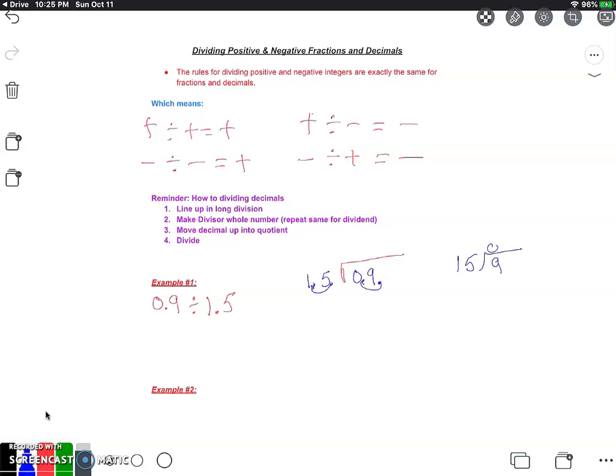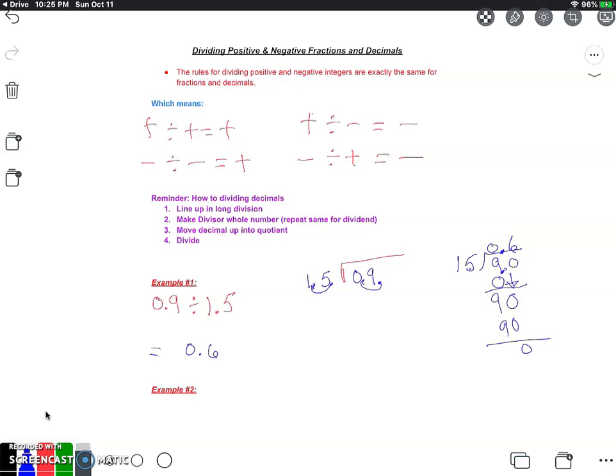15 goes into 9 0 times because 15 times 0 is 0. Put my 9, add a decimal, add a 0, bring that down. Remember, your decimal goes straight up into your answer. 15 goes into 90 6 times because 15 times 6 is 90, and I'm left with no remainder. So this actually gives me